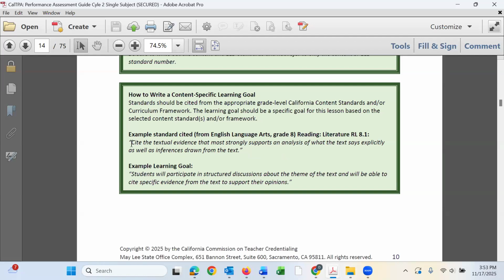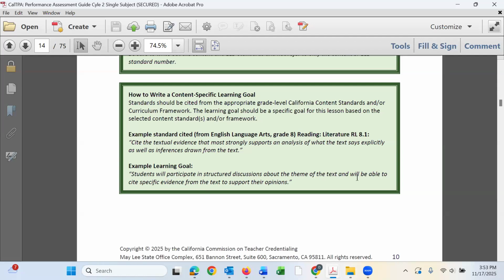So we can argue with that, because if you're just citing, is not necessarily the strongest word, but what they're getting at is evidence that supports an analysis. Those are your higher order verbs over there. I'm sorry, that was pulling from the standard. Learning goals. Students, so that's why it was not written that way. My apologies. Students will participate, again, that's where I was going with, not the strongest verb here,